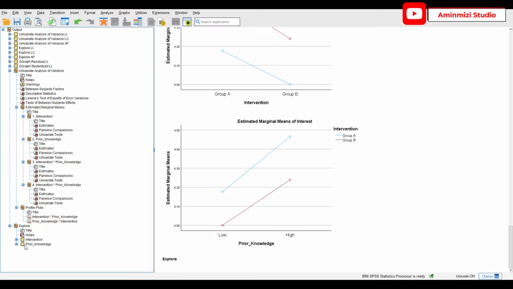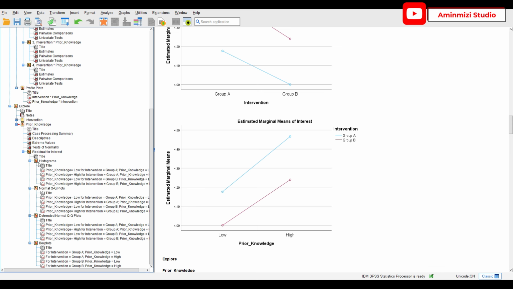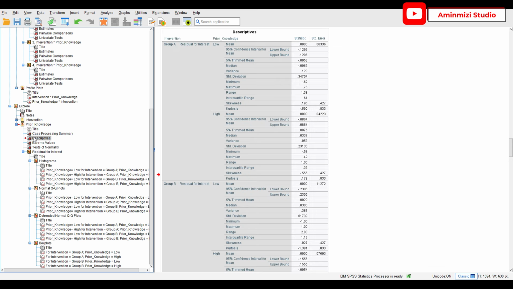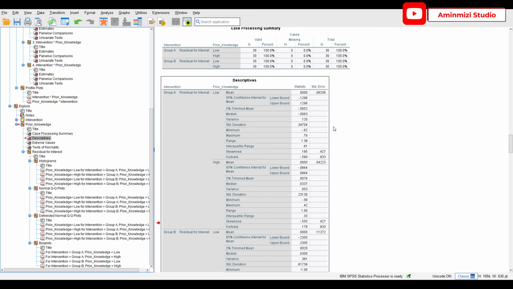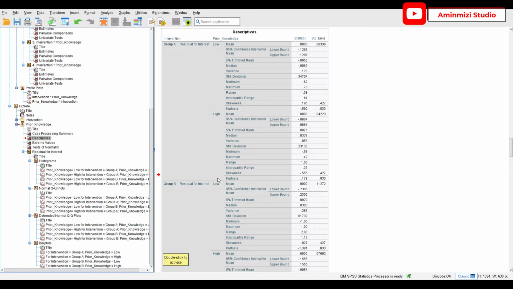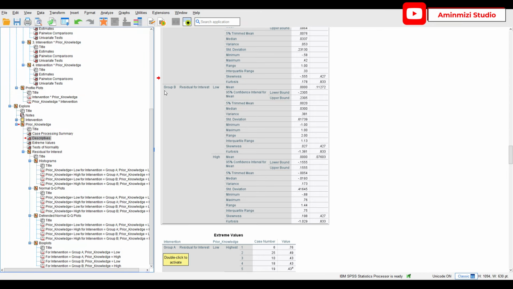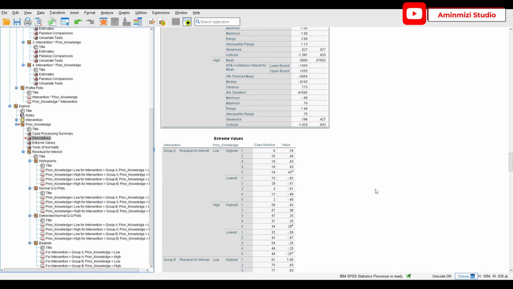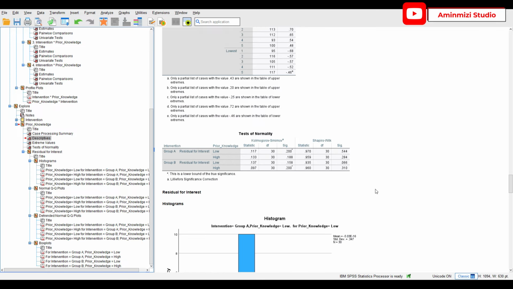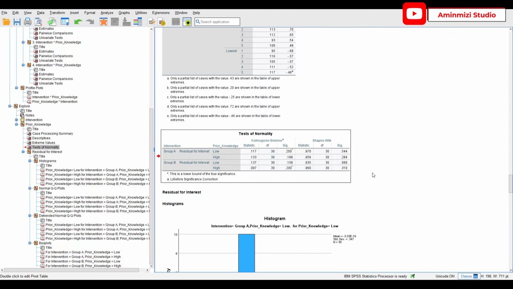So we have to check the prior knowledge. Click on this prior knowledge. Okay, again, go to this descriptive. So this is your descriptive result for prior knowledge. We have intervention group A with low prior knowledge, and also high, and group B for low prior knowledge, and group B for high prior knowledge. So scroll down. For the normality test,